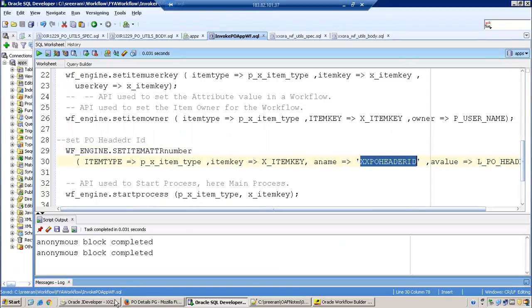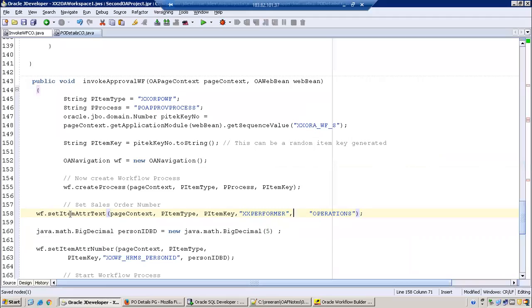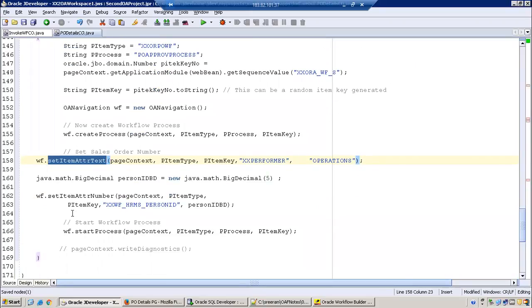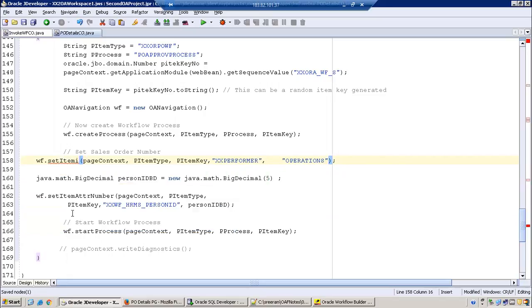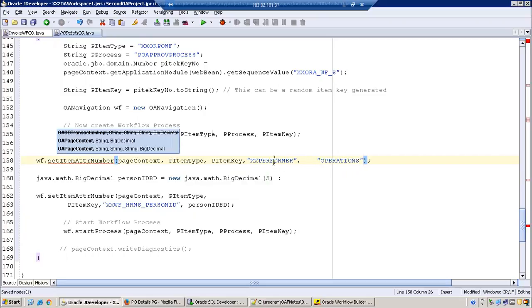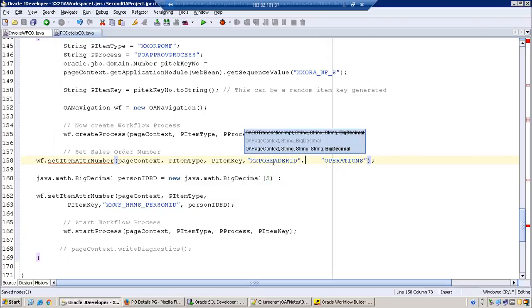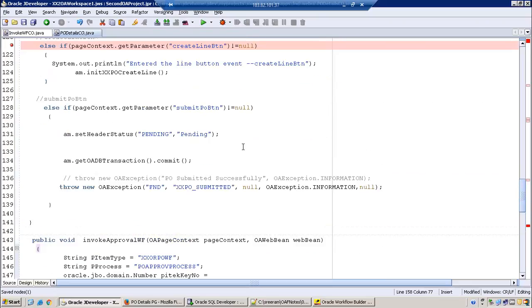Similarly, in Java we have the same set of APIs. WF set item attribute text is for text, and in our case it is number. So I'll say set item attribute number, with this parameter, and we need to get our PO header ID.